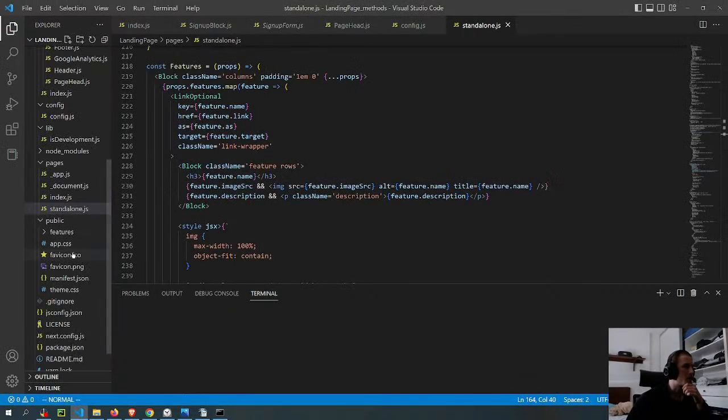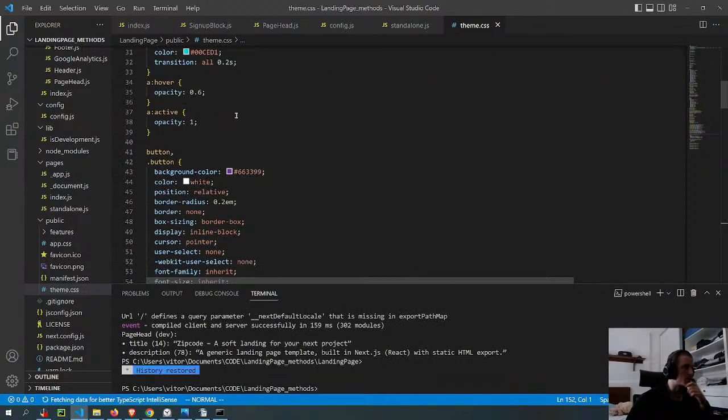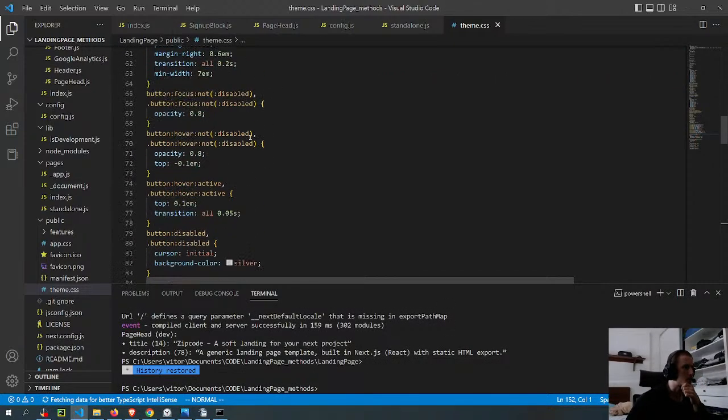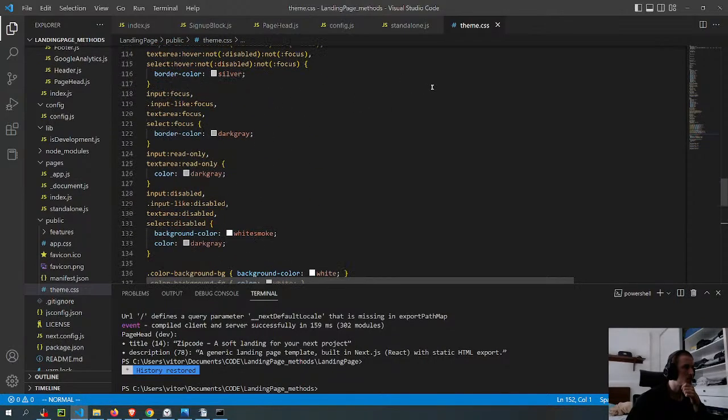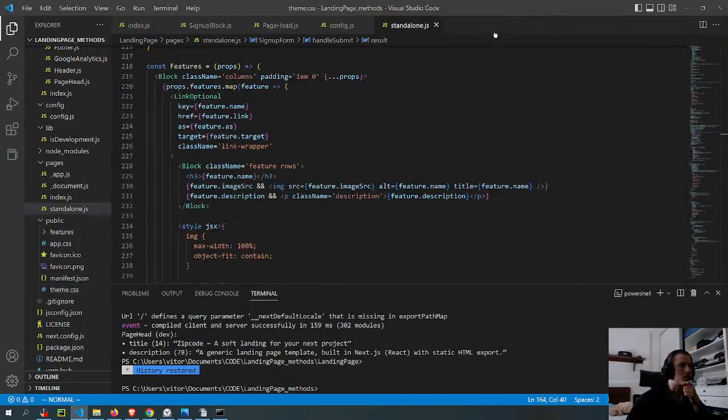Because I think the way that works, it has one file, which is the theme, but I'm not really sure if it handles only the font sizes and stuff like that. Yeah, I think that's what it does. So the image position is probably on the components themselves, with the image from Next.js.